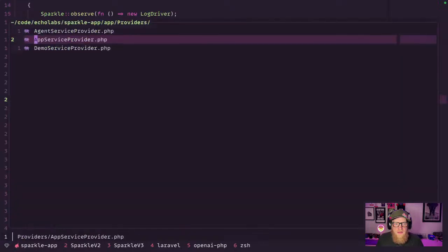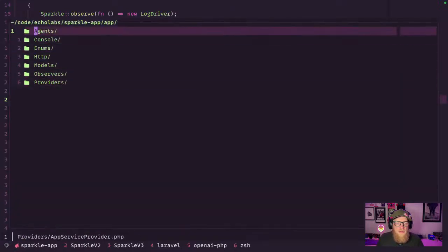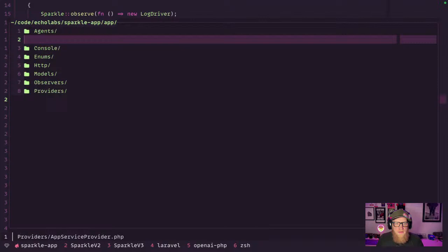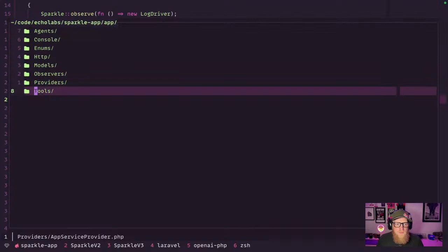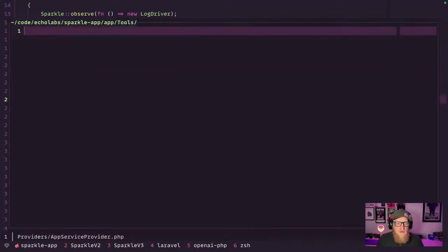Let's go to an agents directory inside of our app directory. Inside the Laravel app, we'll just create a tools directory, and we're going to create